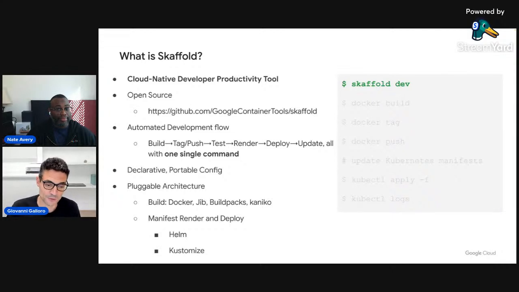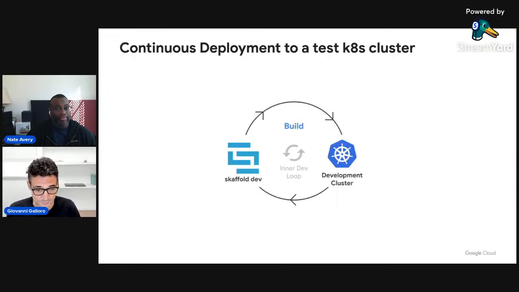And from the deployment point of view, it's the same. It can easily deploy with kubectl, or it can integrate with Helm or with Kustomize for more sophisticated deployment scenarios. And the goal is the one that we were discussing before. The goal is to shorten this inner development loop, to optimize this inner development loop, continuously deploying the software I'm coding on a target development cluster, on a test cluster that is for the developer to check what he's